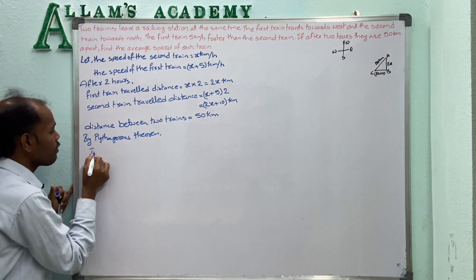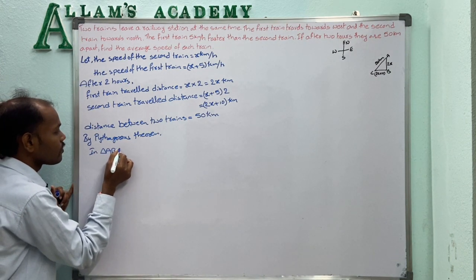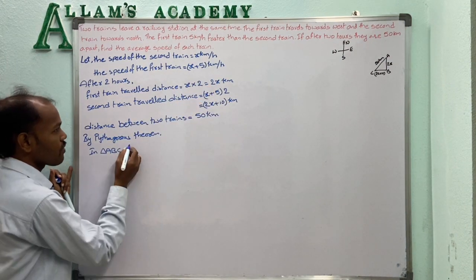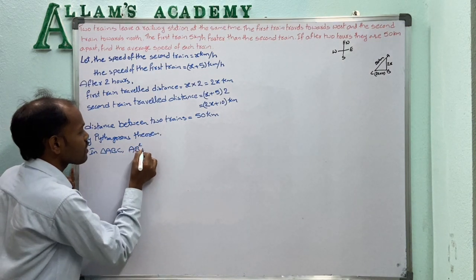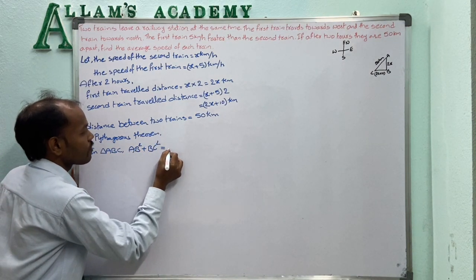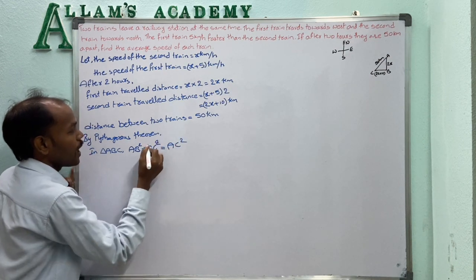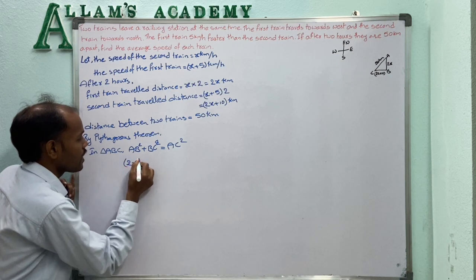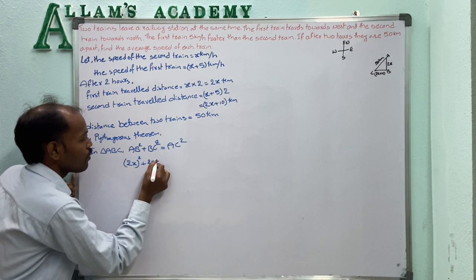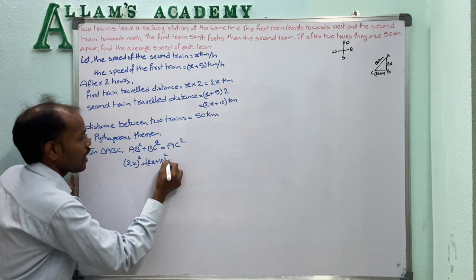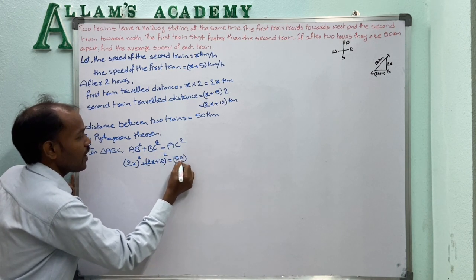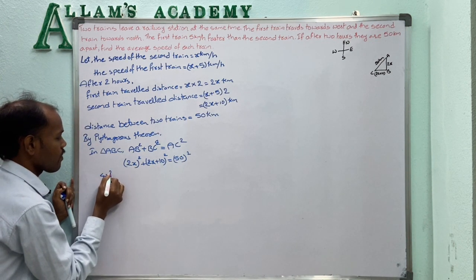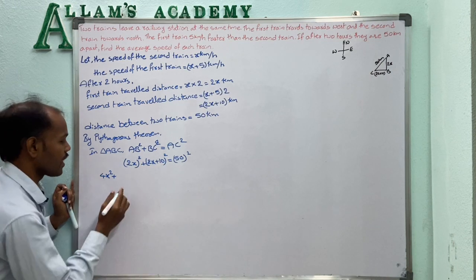in triangle ABC, hypotenuse square equal to base square plus height square. So AB square plus BC square equal to AC square. So AB, that is height, is 2x whole square, base 2x plus 10 whole square, plus AC hypotenuse, that is 50 square. So 2x whole square equal to 4x square, plus 2x plus 10 whole square, that is nothing but